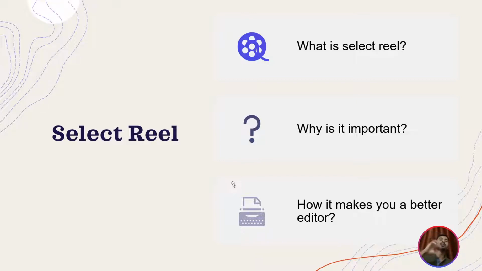But that is for a completely separate video, okay, because it is quite in depth when it comes to select reel, because there are editors in Hollywood, TV editors, movie editors, all that, who absolutely go by their select reel. If their assistant editor messes up their select reel, they are literally not going to see what was in the original camera bin, okay, because they are dependent on select reels so much.